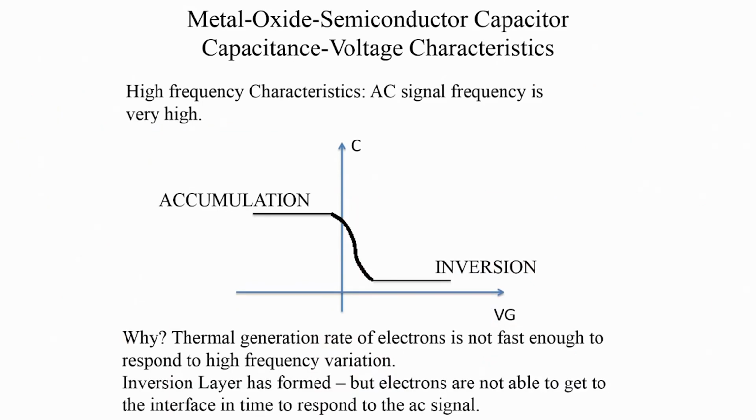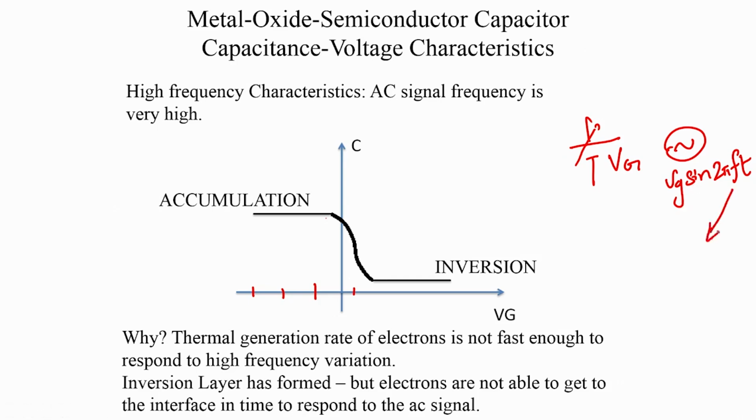Now, what about the high frequency characteristics? So, what is the experiment we are doing here? In this experiment you have 2 things to vary, you have Vg and you have your AC signal. We can pick your AC signal frequency. The Vg is varying very slowly. You set this, you make a measurement, then you set this and you make a measurement, you give the device enough time. So, the Vg is varying very slowly. Let us say you are manually turning a knob,